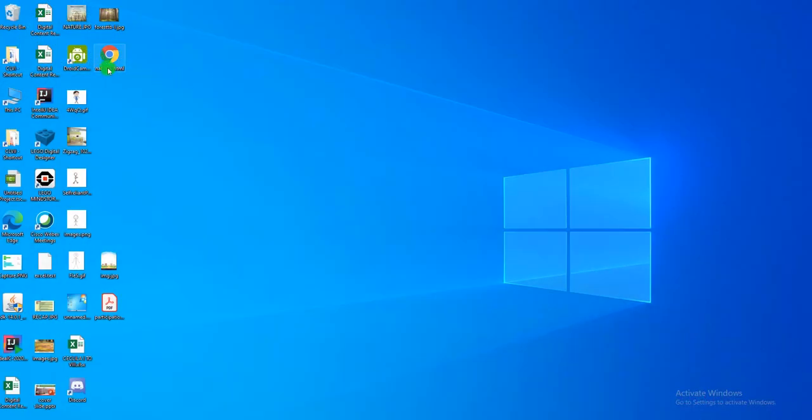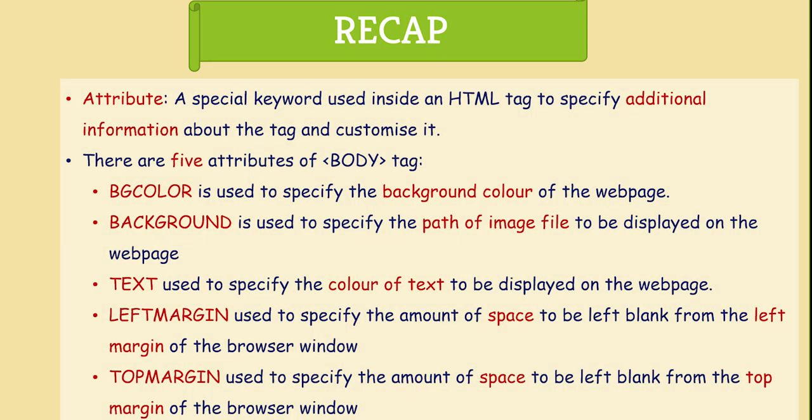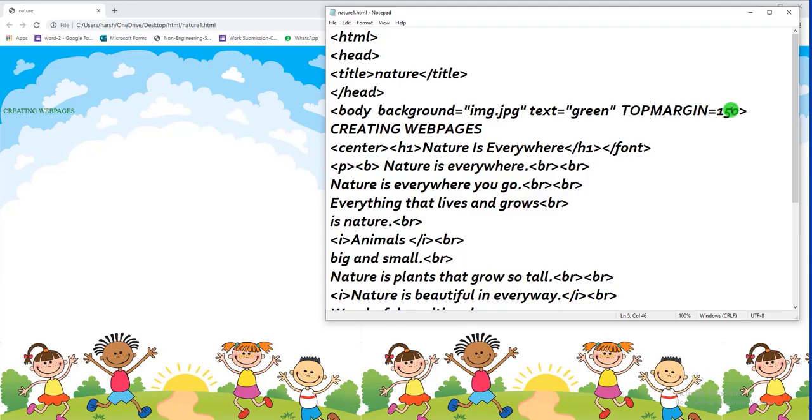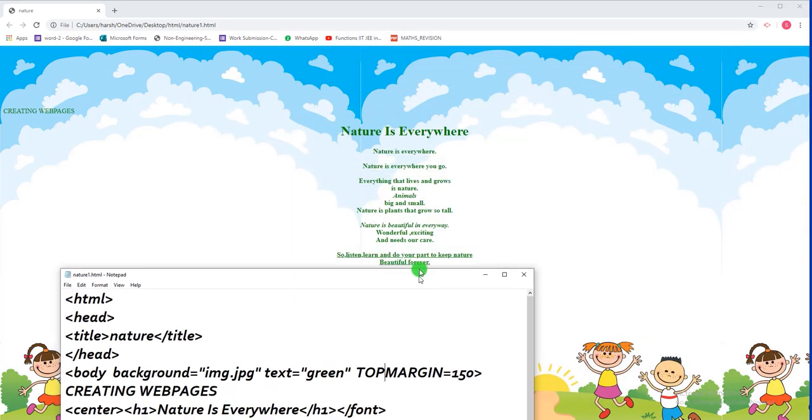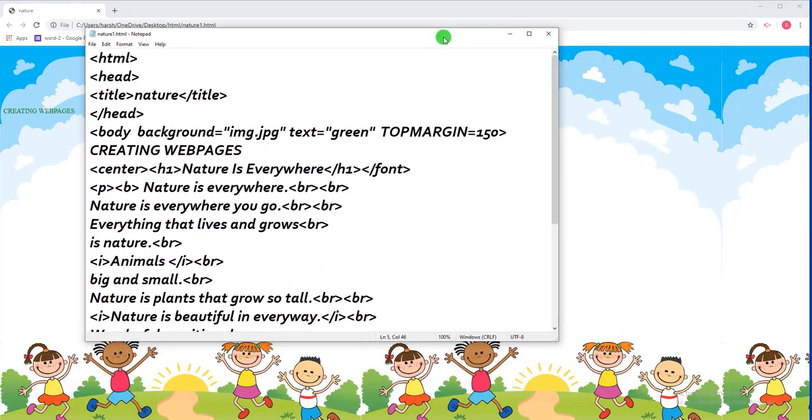So, children, last time what we had done was the attributes. What are attributes? Which tell us something extra about the tag, and we have done the attributes of the body tag. Moving on, children. Now, my background is beautifully decorated, though the text also has color. Let me see if I can do more with the text. I can make it bigger, I can give it different styles.